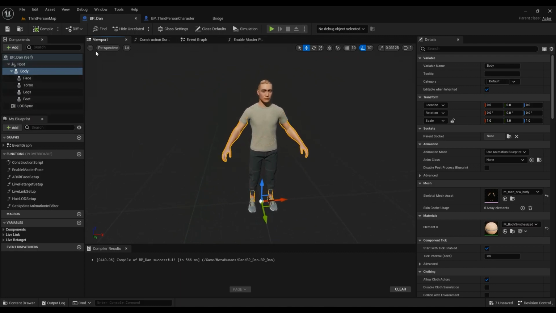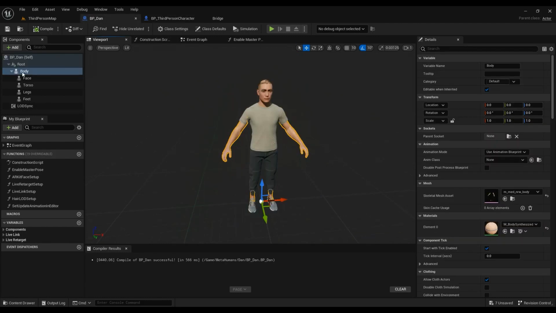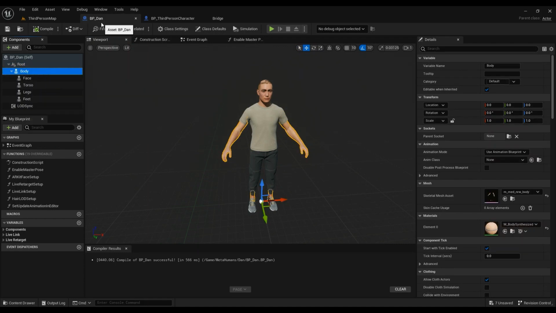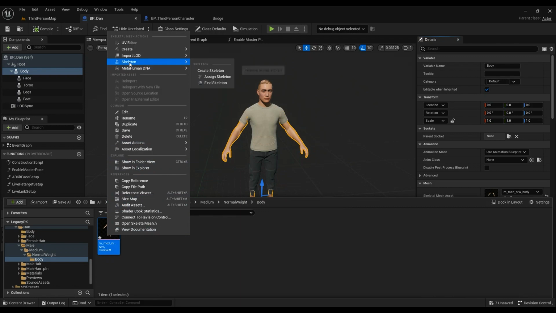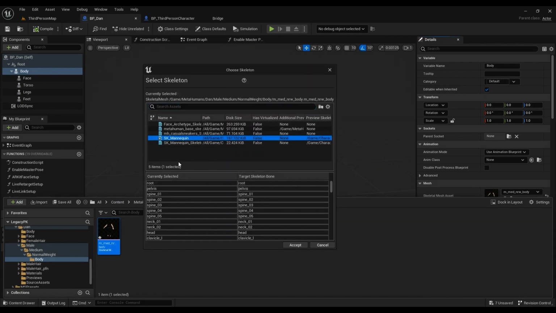So the first thing that you need to do is, I've already created everything. I've already made sure that everything works because I wanted to make this video as short as possible. To make everything work, just click on body on your BP underline, mine is Dan, whatever you named it. Go into your skeletal mesh asset, right click, skeleton, assign a skeleton, and then SK underline mannequin, and then hit accept. When you hit accept, it's gonna take a while, probably the first time,